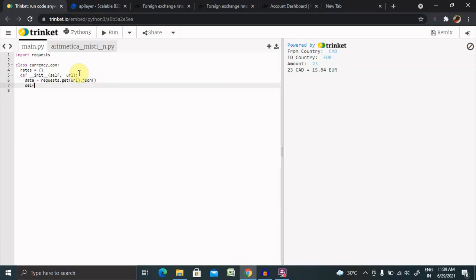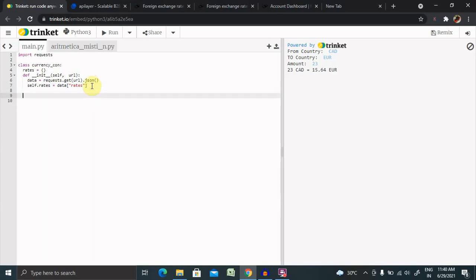For extracting, we are defining here self.rates equal to data. Inside that, in between double quotes, we are defining the rates field which we are capturing from that. Next is a function that is a simple cross multiplication between the amount and the conversion rate. For this, we are going to create a new function. For creating a new function, let's define convert. For converting, we have to build the logic so that our conversion will work.